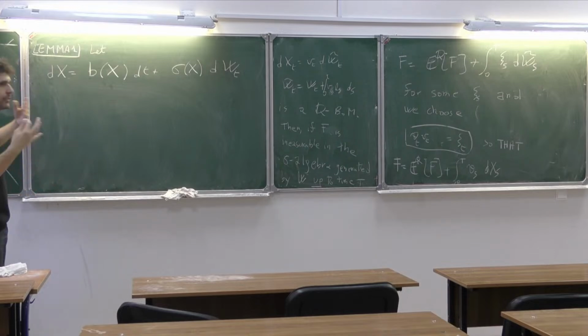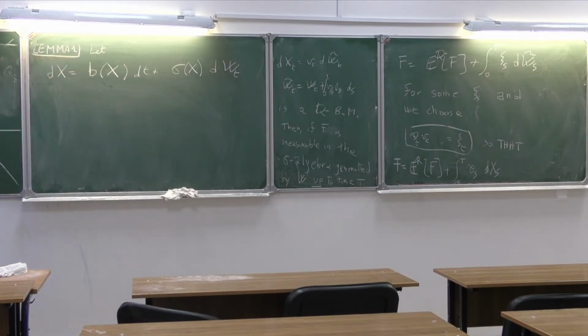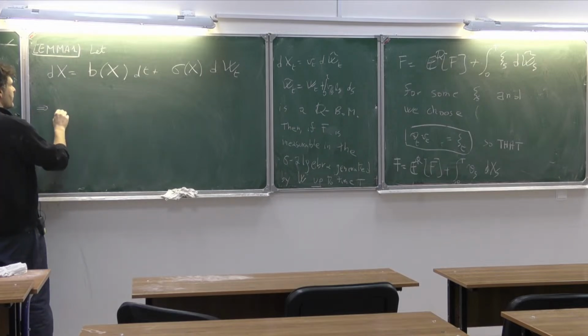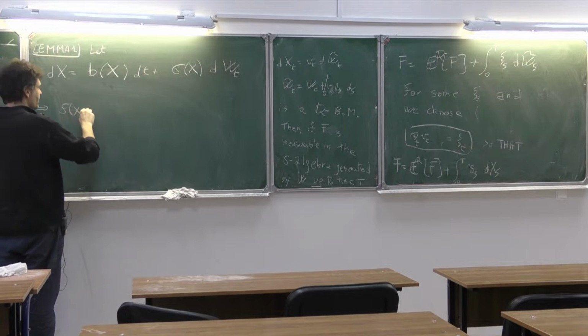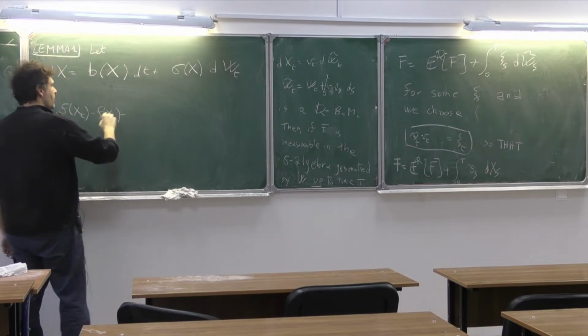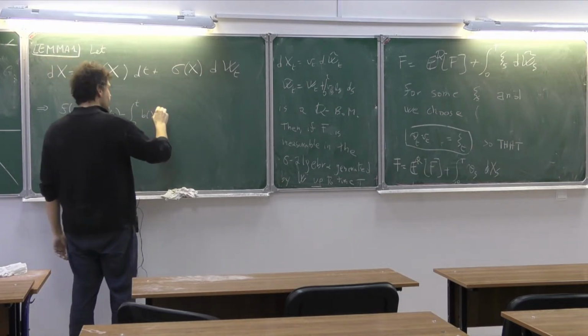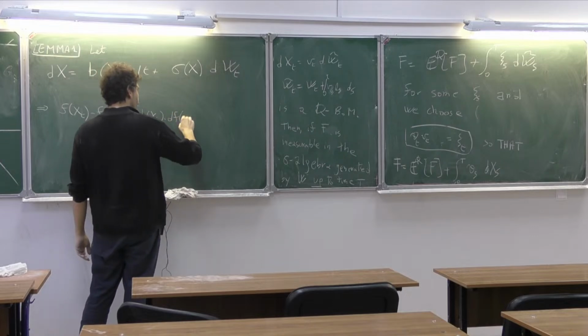Adding enough information to the space, you can make a process which is not Markov, a process which is Markov. So let's consider this case. We have Itô's formula, right? So then for each smooth function f, f of Xt minus f of X0 minus the integral between 0 and t of b of Xs df of Xs